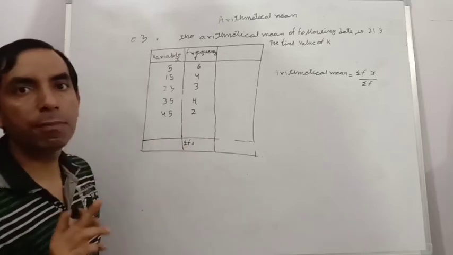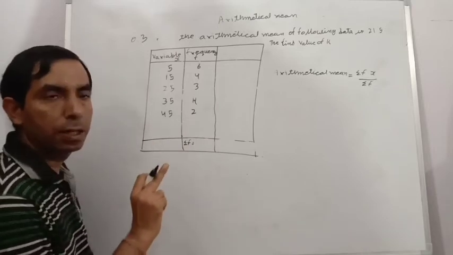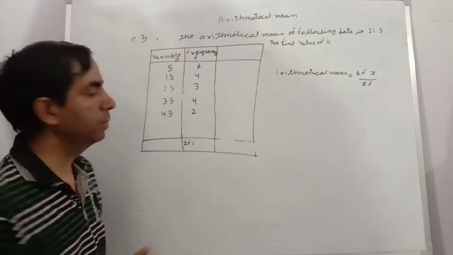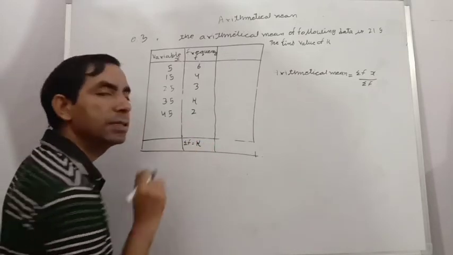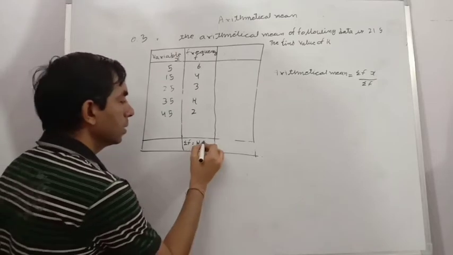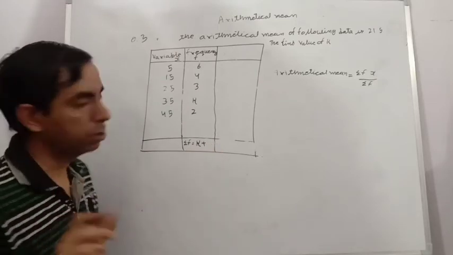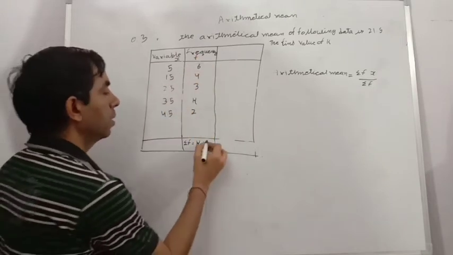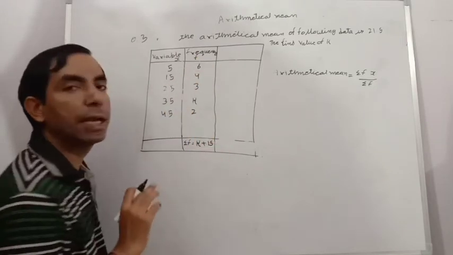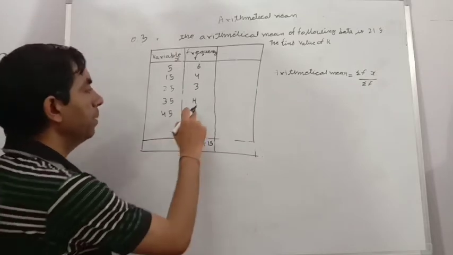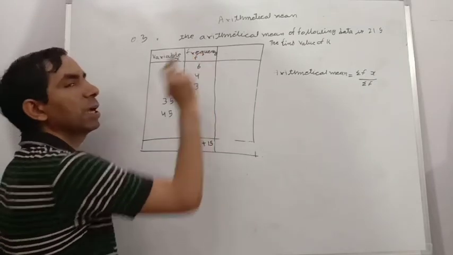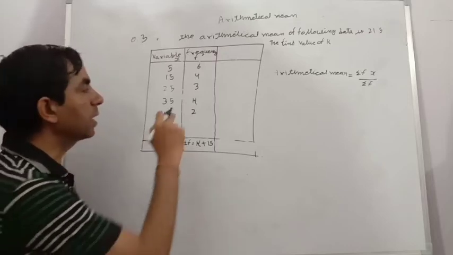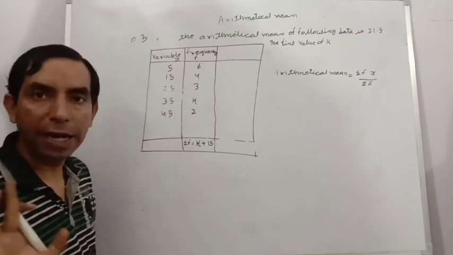For finding the sum of frequency, remember that the alphabet is written in the answer as it is, means k is written in the addition as it is, k plus, and the numbers are added. So 2, 3, 5, 5, 4, 9, 9 and 6, 15. So our sum is k plus 15. Again I am repeating: the numbers sum to 15 and the alphabet k is written in the answer as it is.